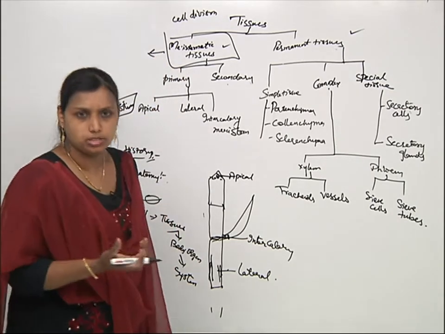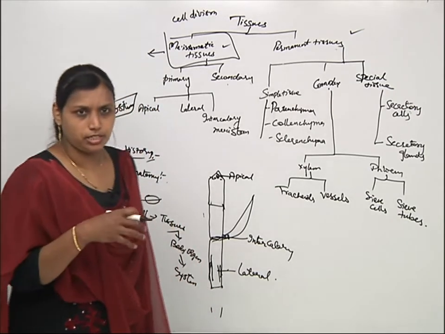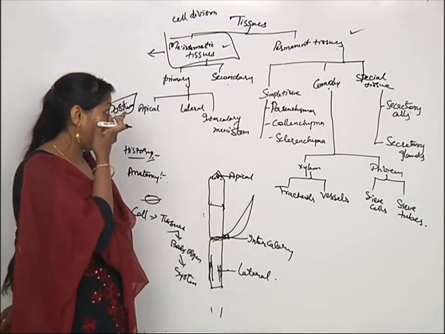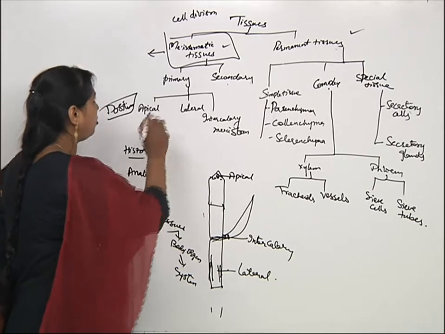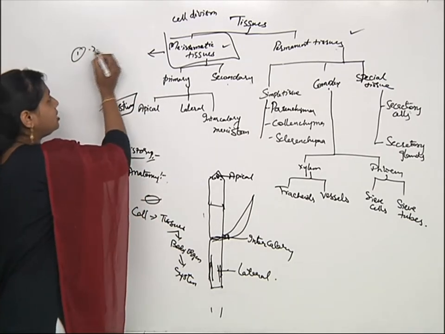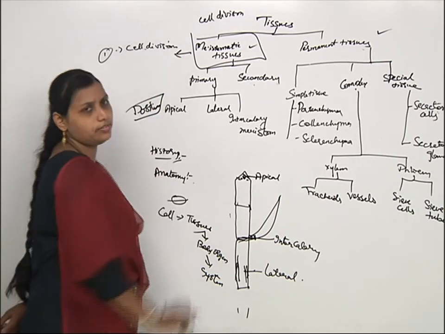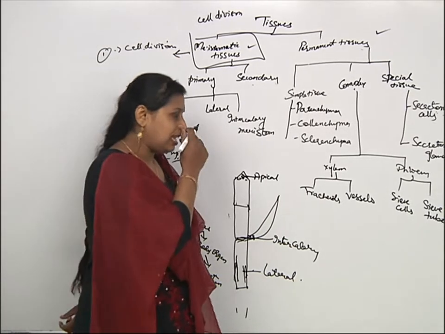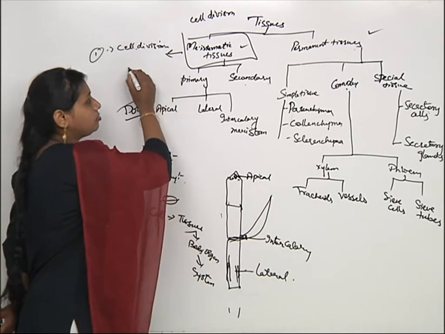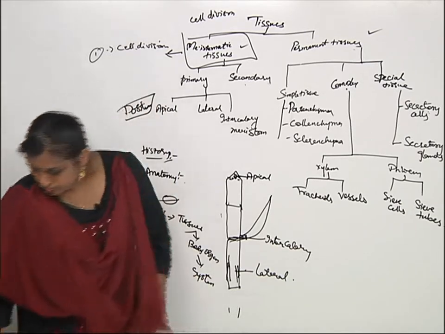What is the need to study in detail about meristematic tissue? Now, when we are studying meristematic tissue in detail, the first and foremost point is that it has a continuous state of cell division. These are in a continuous state of cell division, and again these cells may be round,